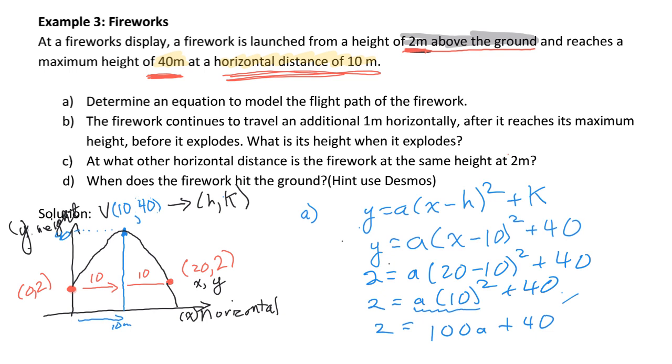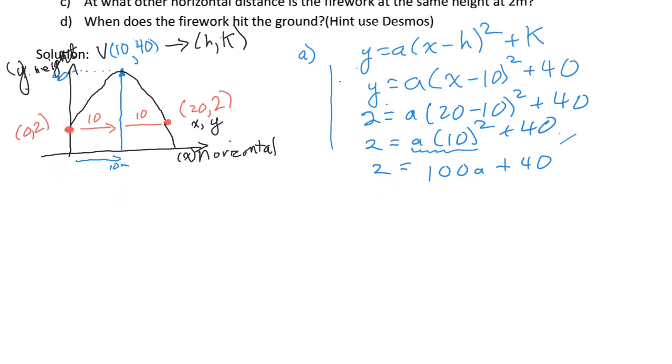Now that I've got that last line, we have to solve for a. Bring the 40 to the other side, and we're going to get 2 minus 40 equals 100a. 2 minus 40 is negative 38, is 100a. Now we divide both sides by 100,